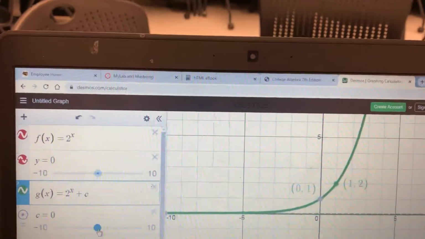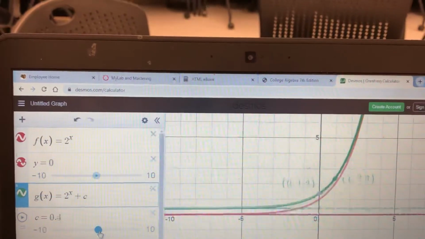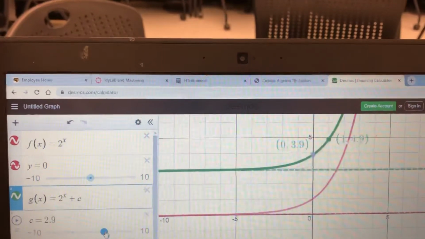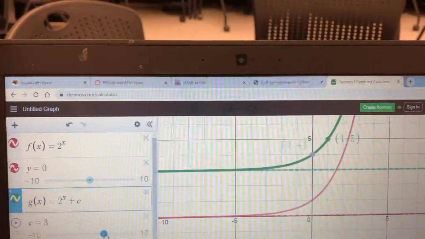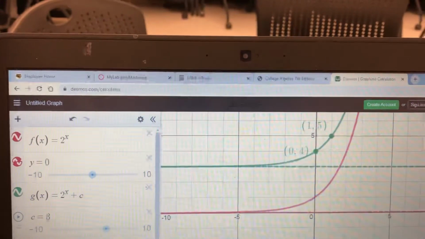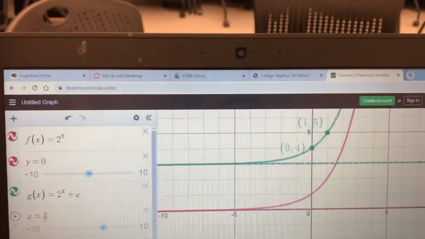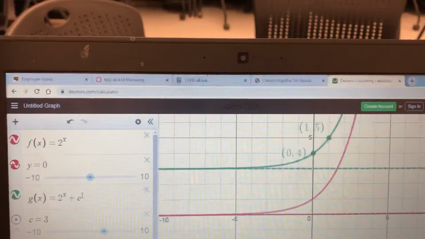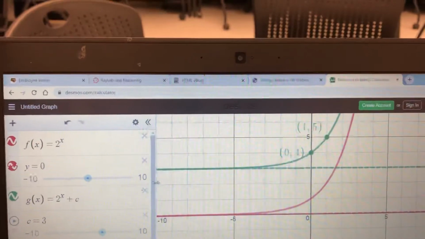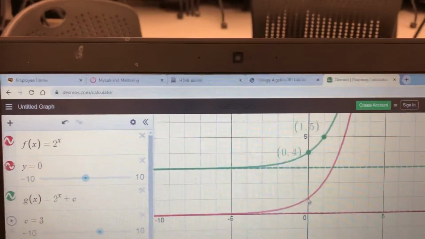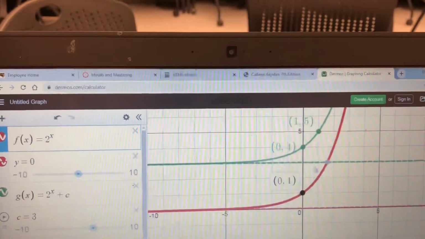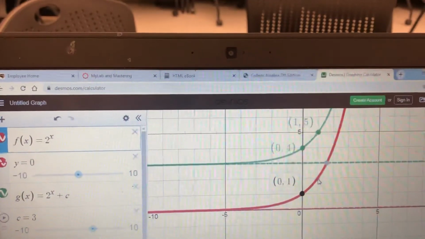So I'm going to slide the slider to the right, and there goes the graph. I have it moving its asymptote also. And if you notice, I'm keeping track of those original 2 points. So for example, right now, I've got the slider set at 3 right here. And so it's thinking that the green graph is 2 to the x power plus 3. And if you'll notice, the original y-intercept, which is right here, moved up 3. And the original point at 1 comma